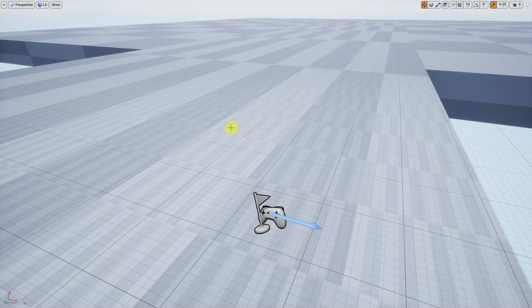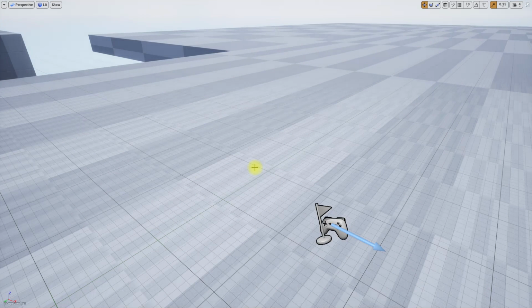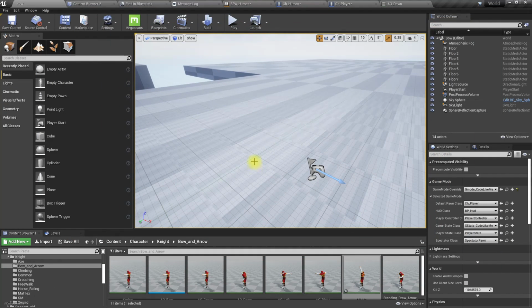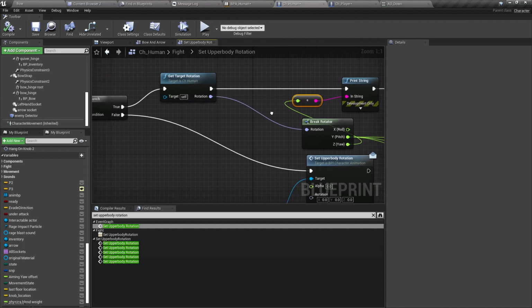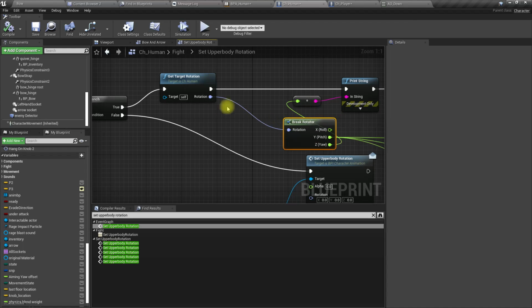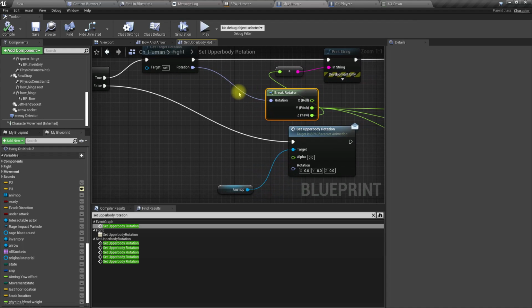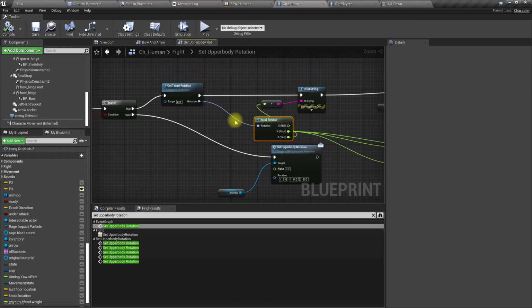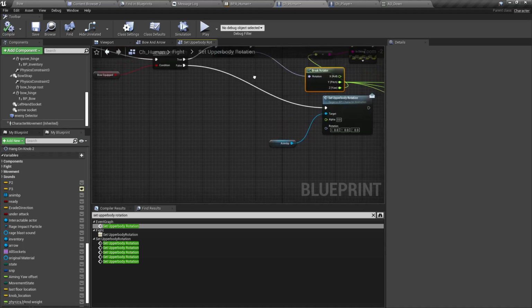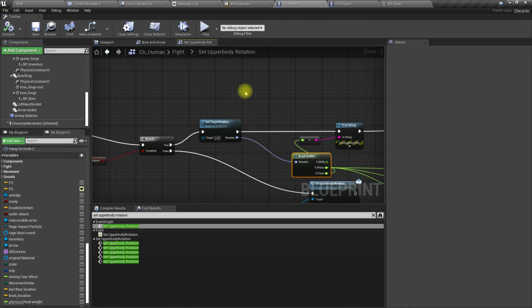Okay, now the other thing we need to consider is, actually what we printed here is the target rotation. We also need to get the difference between the target rotation and the character's forward.